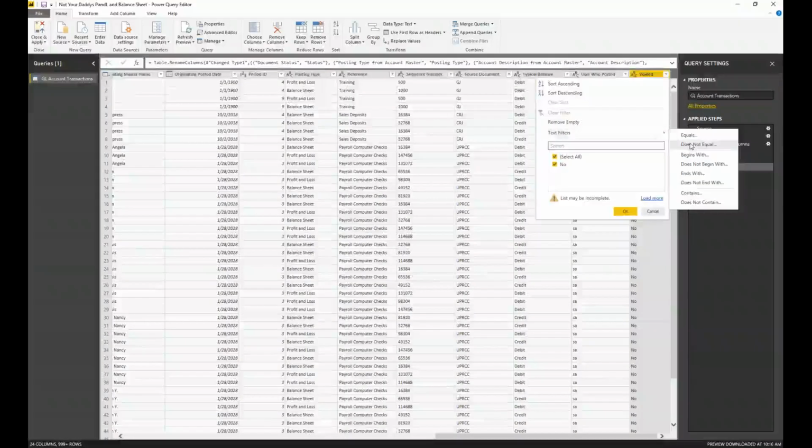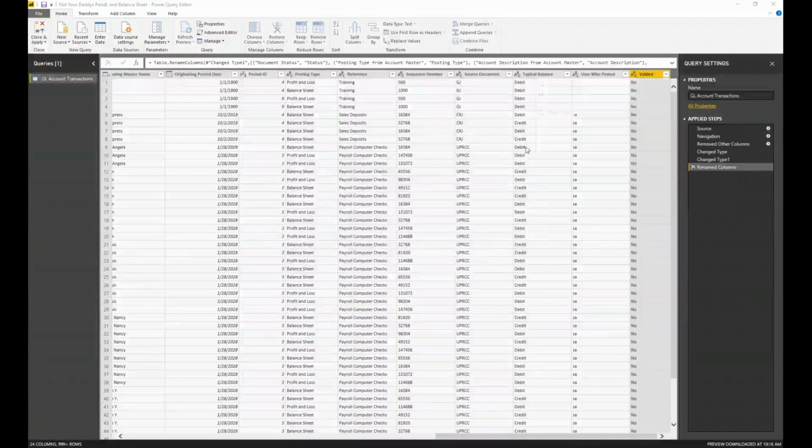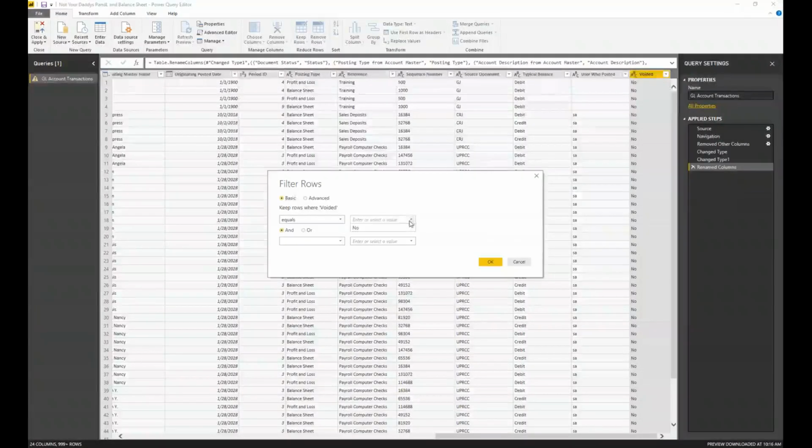I'm going to use the text filter, and I'm going to say it equals, and then I will choose no from the drop-down list. The reason why I did it this way is I didn't happen to have any voids. And if I just used the filter and left no checked, well, yes hasn't happened yet. So if it ever does happen, it would include that. But this way, it will ensure I only get transactions that are not voided.